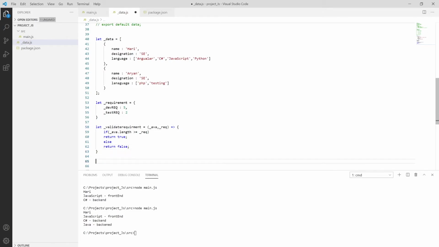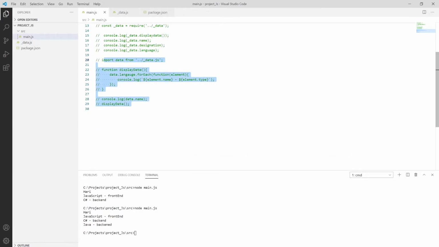Then we have to export using export, putting export underscore data, underscore requirement, underscore validate requirement. Okay, that's how we are exporting this module. So we have to import this module in the main.json also.